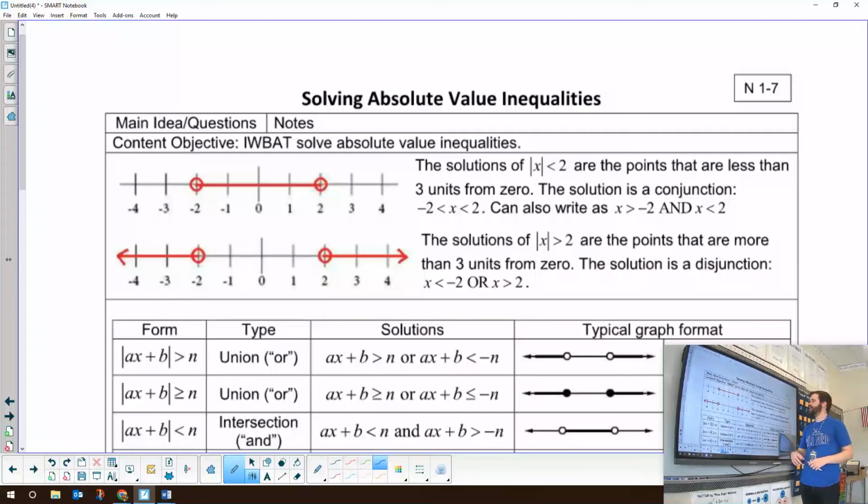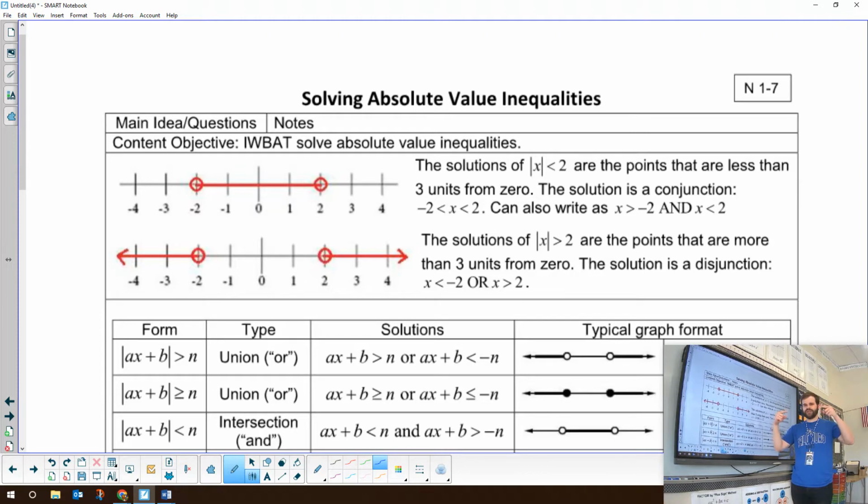Hey guys, today we're talking about solving absolute value inequalities. So we're really putting together what we've learned about inequalities and how we write our inequality answers, and also what we've learned about absolute value. What I really want you to remember about absolute value is how we split it apart into two separate equations, and think about how yesterday, whenever we solved the compound inequalities,